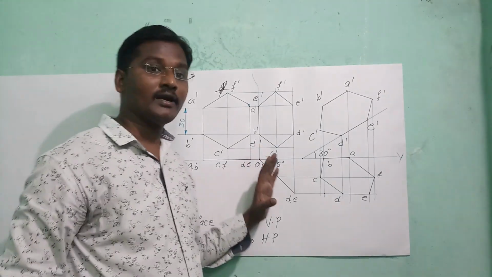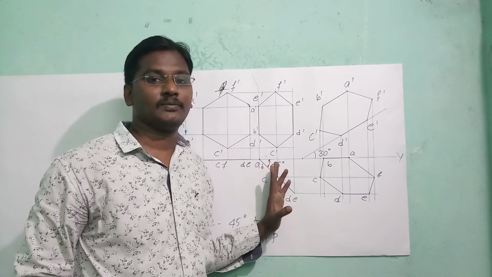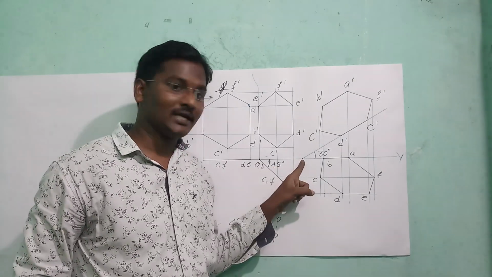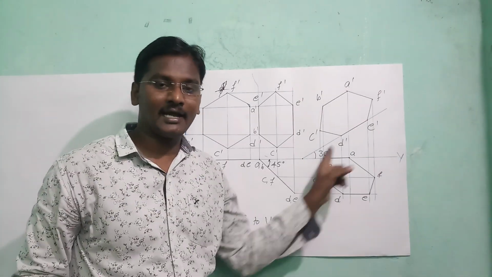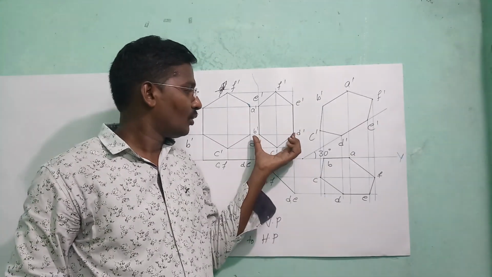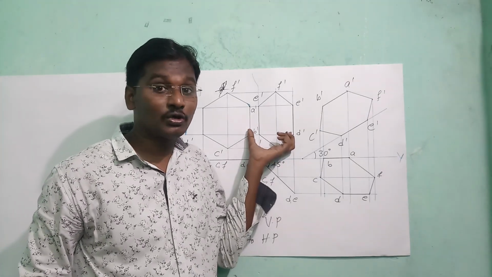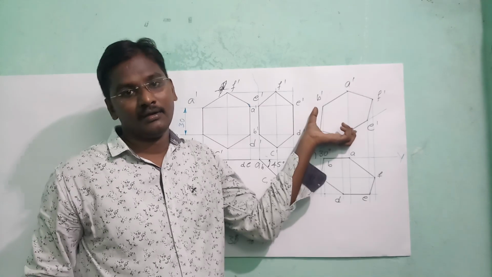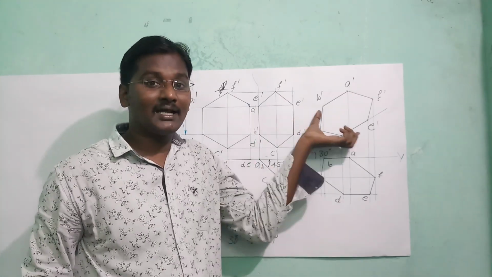Okay. Next, what he has given in the problem, it is inclined at 30 degrees to HP. Now locate a point on the XY reference line. By using the protractor, take an angle of 30 degrees. Now whatever the second position plane hexagon we have got, that hexagon has to be replaced here on the 30 degrees line. Okay, now how to construct the same diagram here.